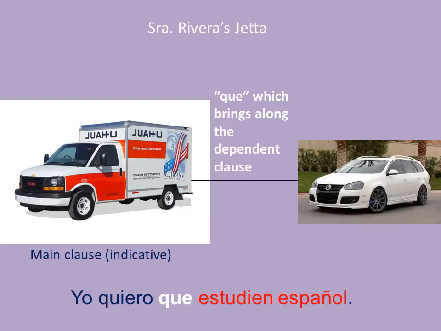So the main clause is what we call indicative. Everything we've learned up to now is indicative. That is like the present tense, the preterite, the imperfect, all of those are indicative in the real world, we'll say, to kind of simplify it. So the dependent clause here is, I want that you study Spanish. I want you to study Spanish. Does that mean it's going to happen? No, it doesn't. So the fact that you guys are studying Spanish is attached to my yo quiero que estudien español. I want that you study Spanish. Notice also, we're going to get to this, that there's a change in subject. It's my wish being imposed upon other people. So that's going to be important.